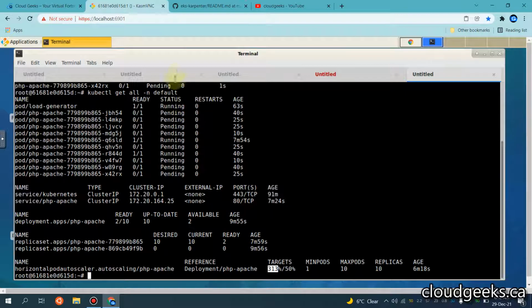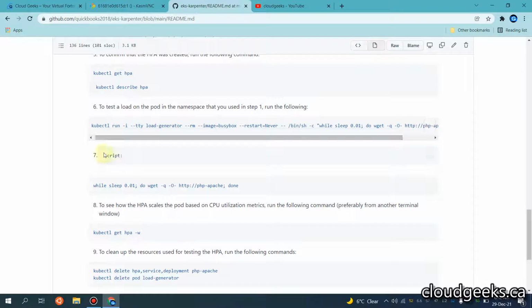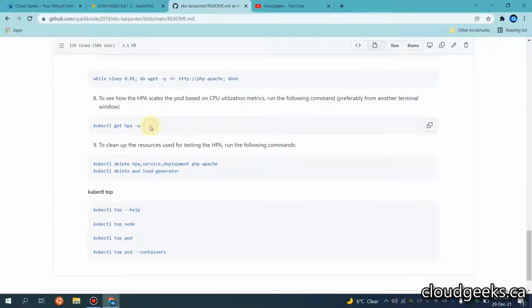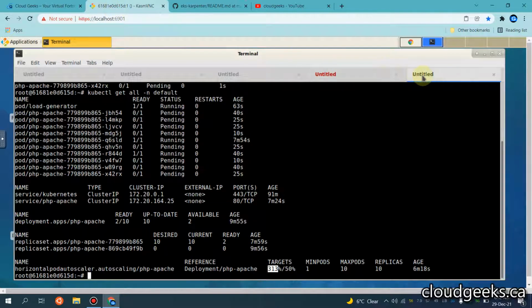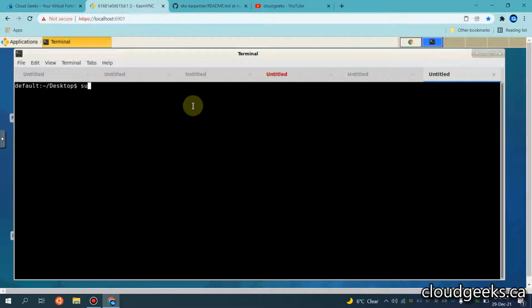You see, we have set up 50%, and what sort of load we have. So also let me navigate to the other section. This is simply the seventh part, the script, which I've already made once. I just want to show you this is the command we used for stress testing. And let me open another tab for HPA, so we should have a better understanding. So I'm going to paste it here.